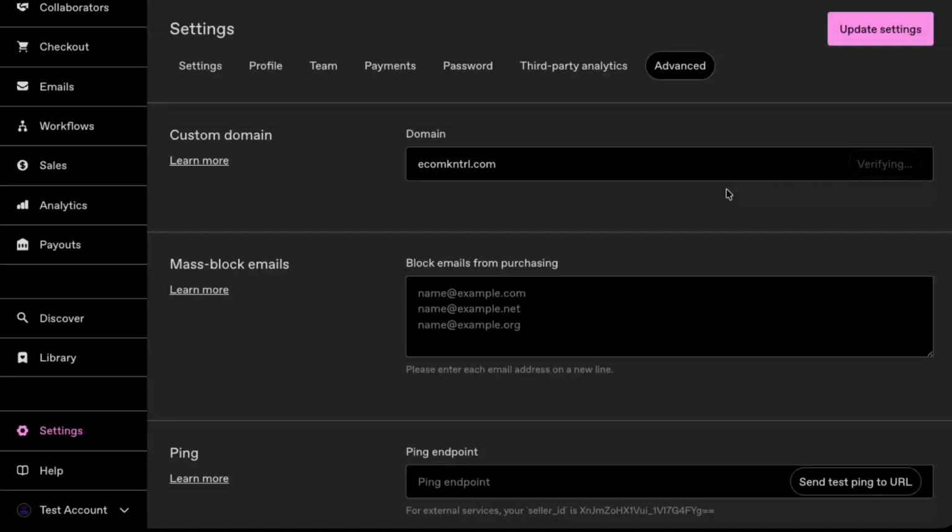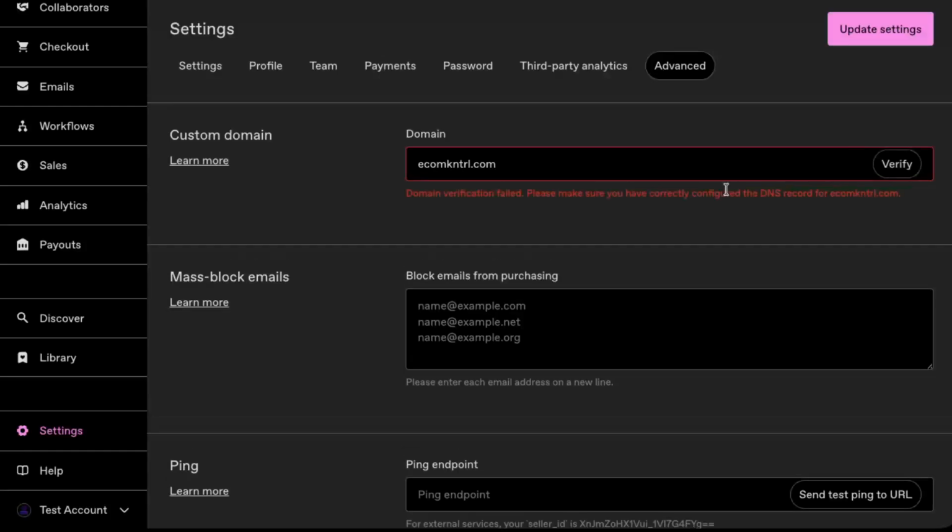After you update, Gumroad will store your domain information and start using it for your storefront, once your domain's DNS is correctly pointed to Gumroad on your domain registrar's side. And that's it. You've added a custom domain to your Gumroad account, giving your storefront a more polished, professional